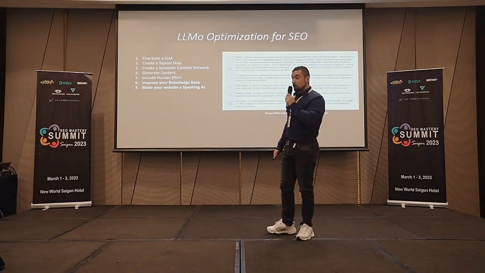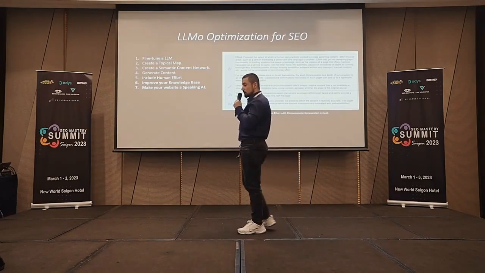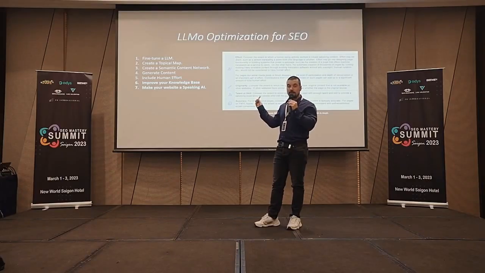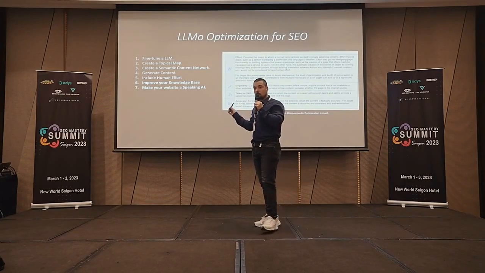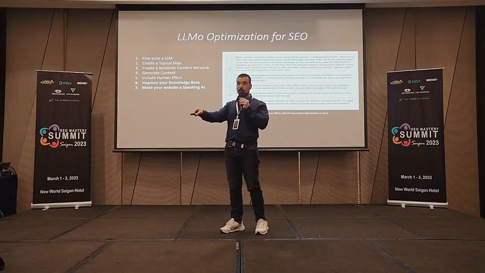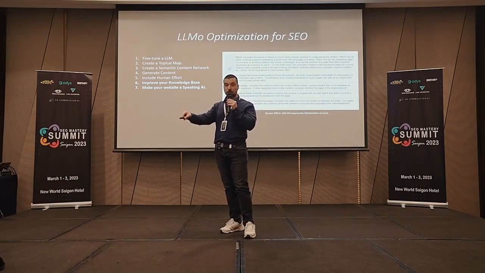So when we look at large language model optimization for SEO, this section is from Google's own quality rater guidelines. They clearly state that human effort is part of quality. Even if you create the best possible content, without human effort it might be seen as non-quality and non-expert at all. So these 7 steps that I found, I believe, will be our SEO or traditional SEO methodology for the future 3 to 4 years.